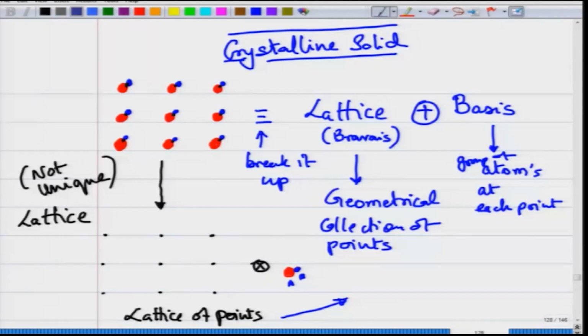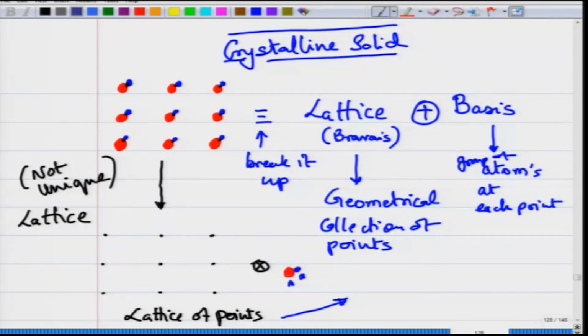Welcome back. We had begun trying to study the crystalline solid, which is most of solid state physics. A large part of solid state physics deals with crystalline solids, where you have a collection of atoms which are placed periodically in the lattice. And we had seen, for example, here you have a periodic structure of two atoms which are placed periodically inside